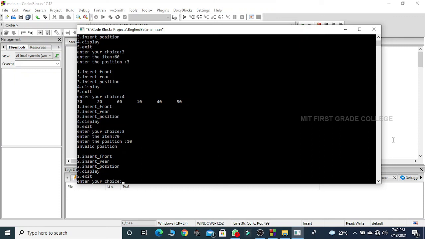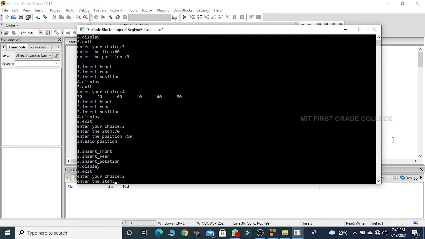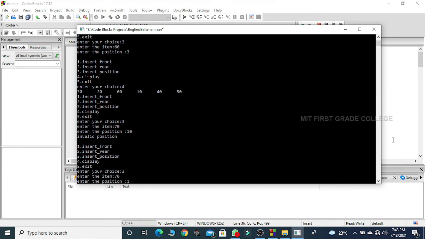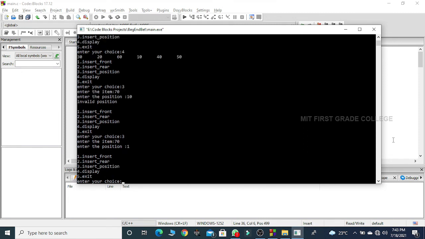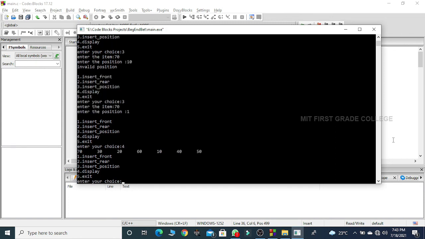Now what happens if I try to insert an element at the first position? Let me choose option 3. I choose inserting 70 at the first position. I hope it has got inserted. Let me display it and check. Yes, 70 is inserted at the first position inside my linked list.